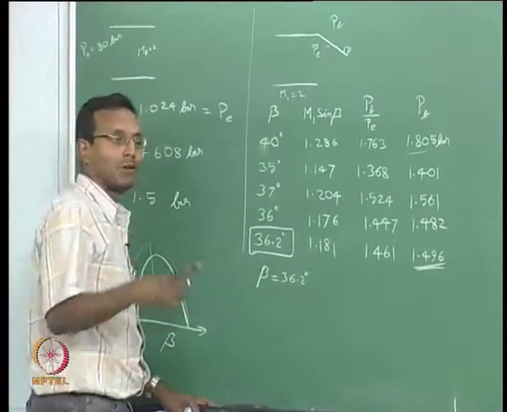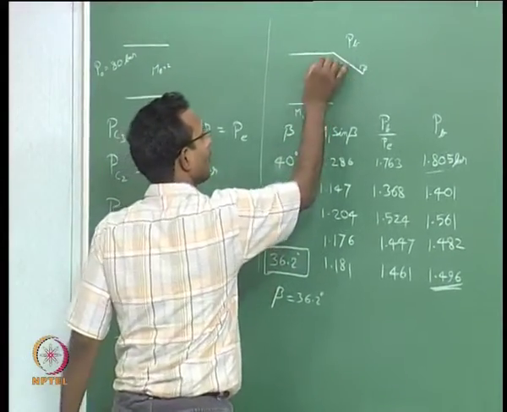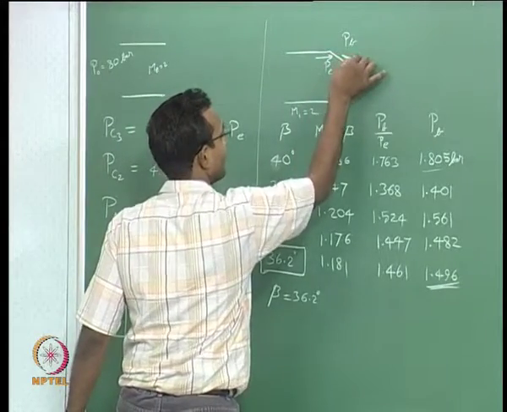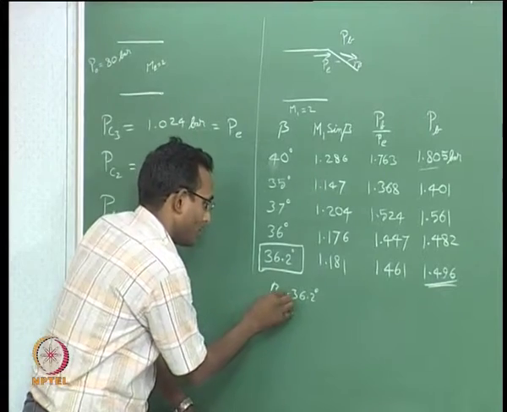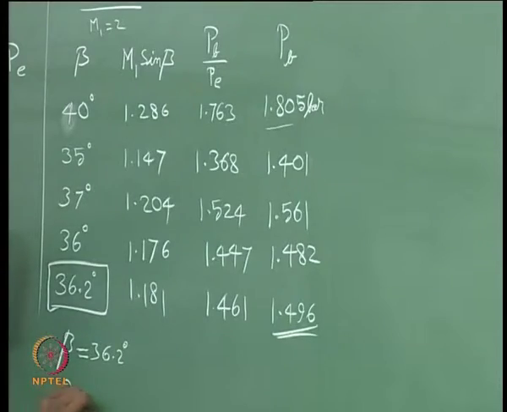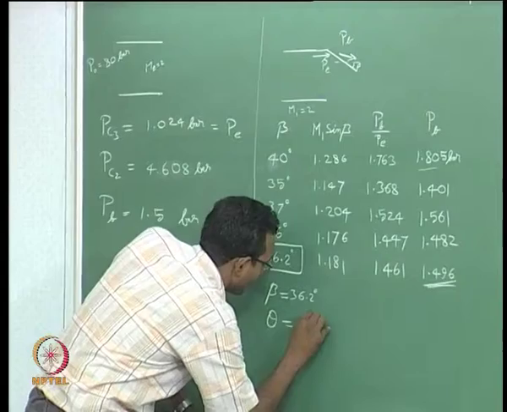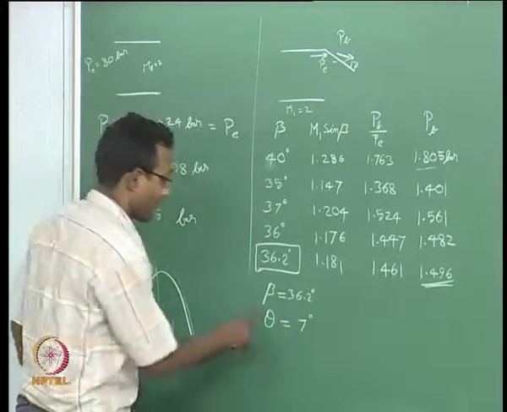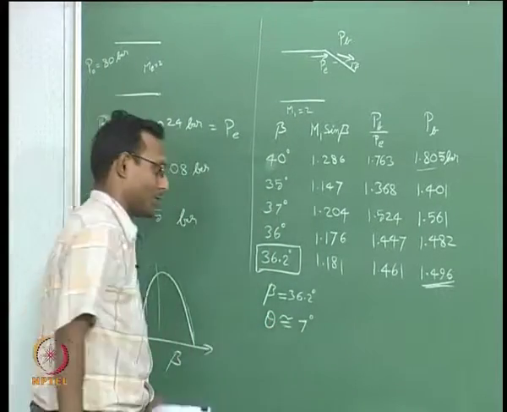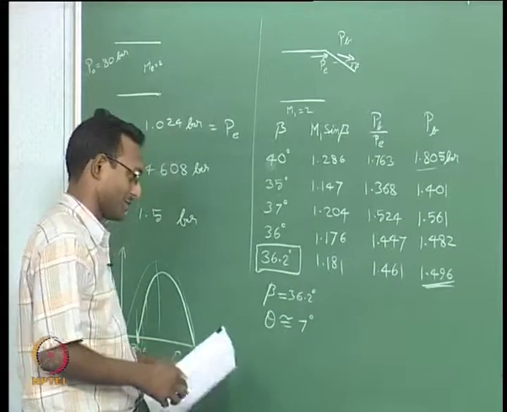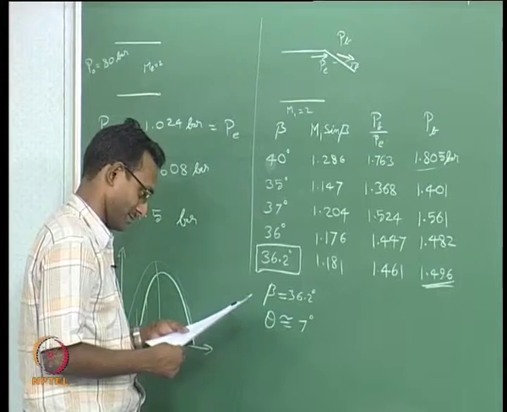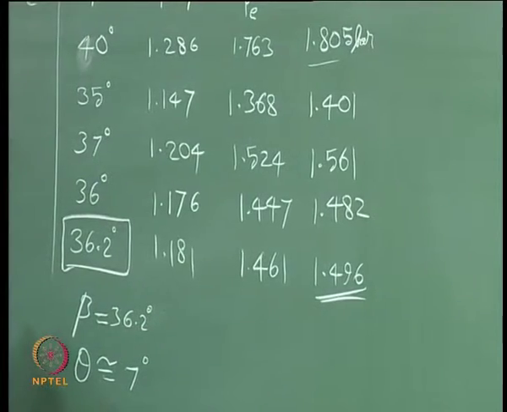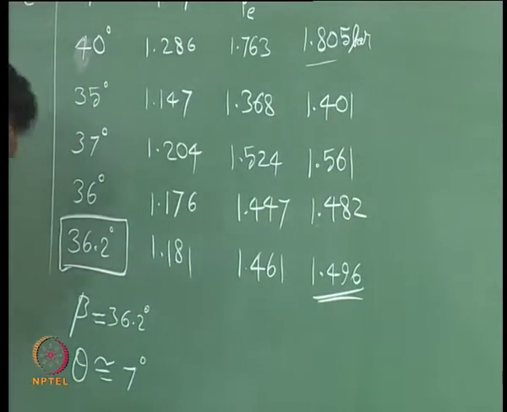Now, of course, the next thing I want to find is how much is the velocity deflection from here, how much did it turn by. So, I have to find that value from that chart, and I am getting that value to be 7 degrees. It is a rough estimate, I will put an approximately equal to sign there. I do not have resolution there to find this from the chart. So, now I will go do this whole analysis.